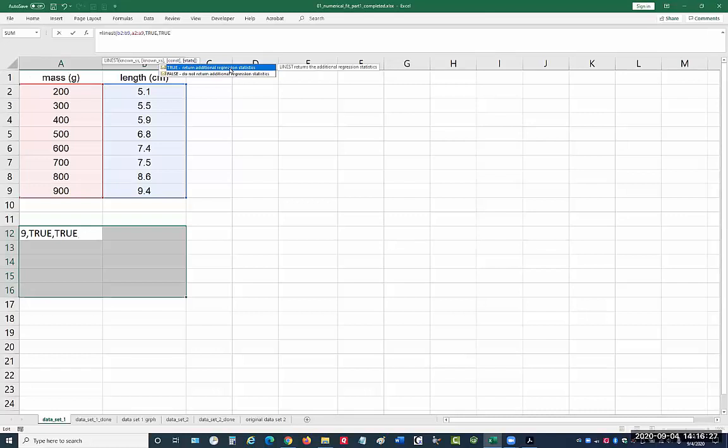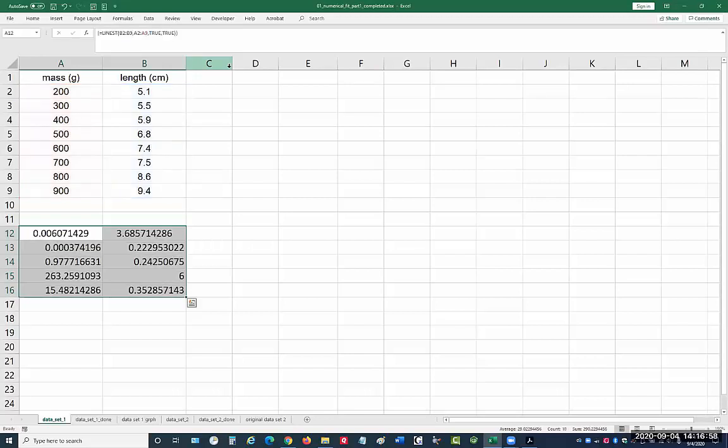And we're almost done here, but a critical step here is that because this is a multi-cell formula, I don't just want to hit enter because that'll only fill the A12. If I want to fill out the entire block here, I have to do shift control enter. So close paren and then shift control enter. And it fills out all of those